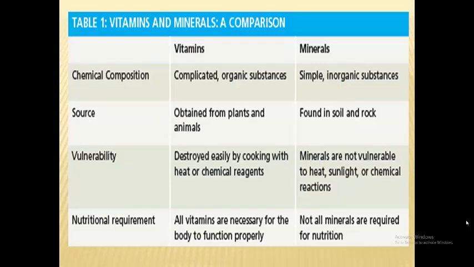So let's just look right here at the difference between the micronutrients, vitamins, and minerals, keeping in mind that the word organic is not referring to how food is grown. That's a different use of the term, organic farming. Organic simply means, in chemistry, carbon-based. So you saw, for example, that lipids or fats are made of linked carbon molecules. So that's what we mean by carbon. When they say complicated organic substances, they mean they're carbon-based. Minerals are not carbon-based. That's all it means from a chemistry standpoint.